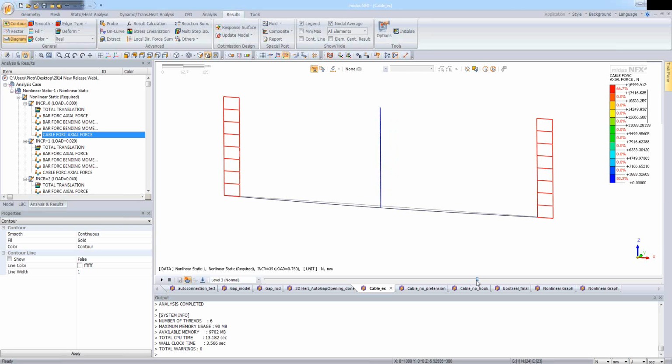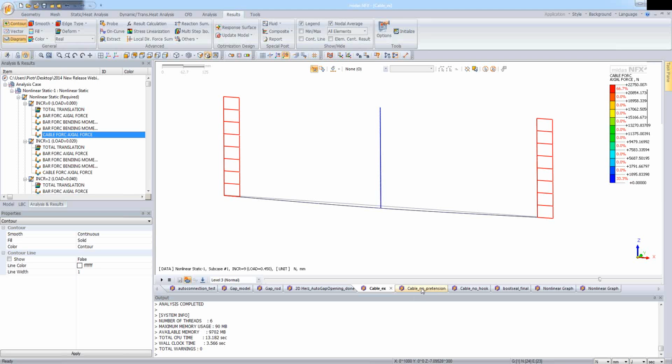So now we see that cable element has been, let's say, broken, and the structure is resisting this force without the middle cable. Okay, so this was the first example with the cable. The second interesting thing refers to the pretension, and at this time I will skip the PPT and we will go back to the presentation after